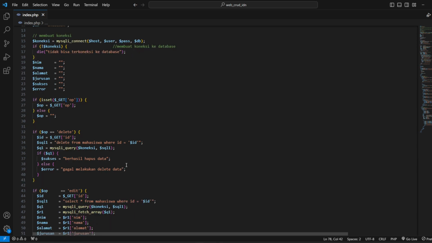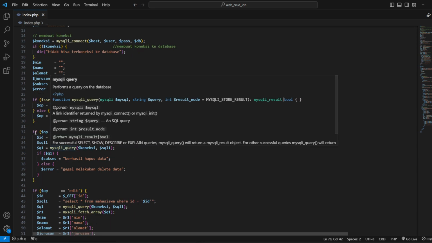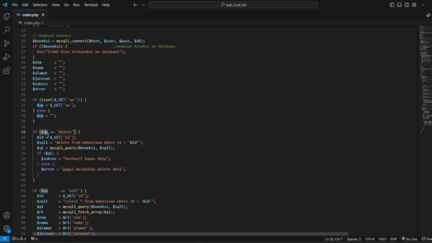And the last is for delete. You can look at this, if the variable op is the same as delete, so the ID will take the variable underscore GET. Why GET, not POST?